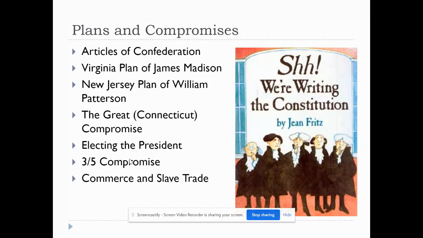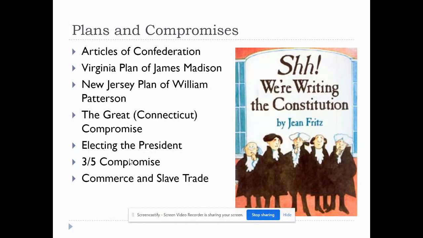Well, of course, the Southern delegates did not want to pay for their slaves either, because remember, slaves don't get taxed. It's the slave owner that gets taxed. So you're talking about a higher tax being placed on slave owners. So the Three-Fifths Compromise was the idea that they were going to count every slave as 3/5 of a person. For every 5 slaves, 3 of whom would be counted for both population,